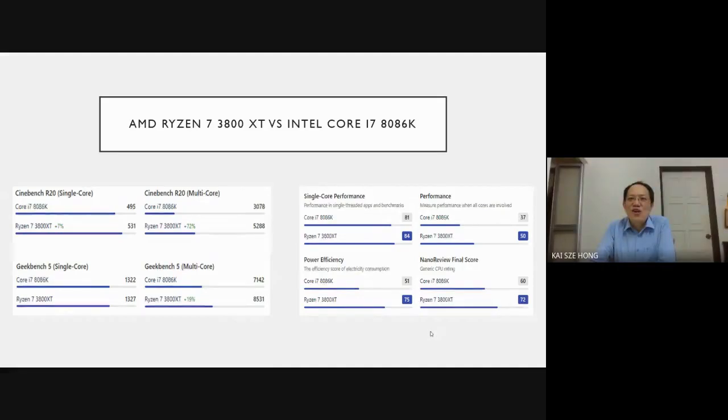Thank you for your presentation. You already claimed that AMD Ryzen is performing better than the Intel i7, right? Yeah. So may I ask a question? In your opinion, if you want to use your computer to do some homework, which type of computer will you be using? Will you use the one with the i7 processor or the AMD Ryzen processor? Which one is your favorite?